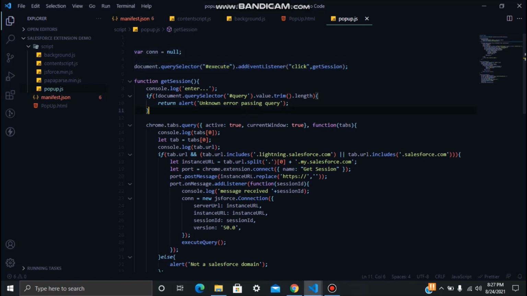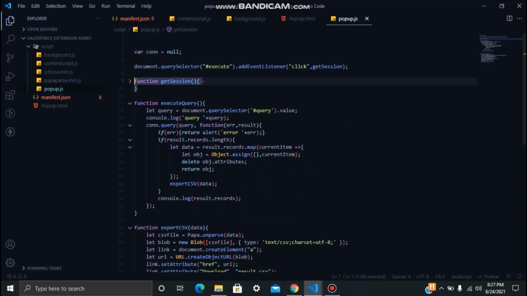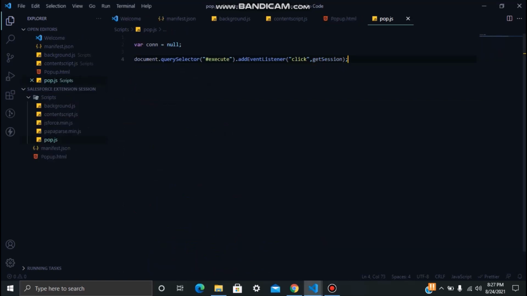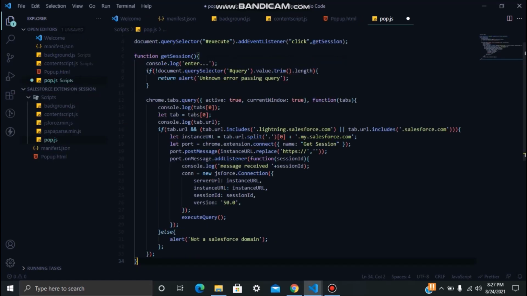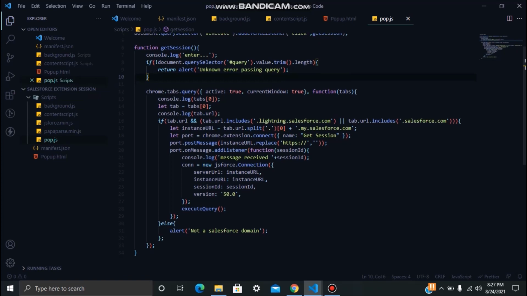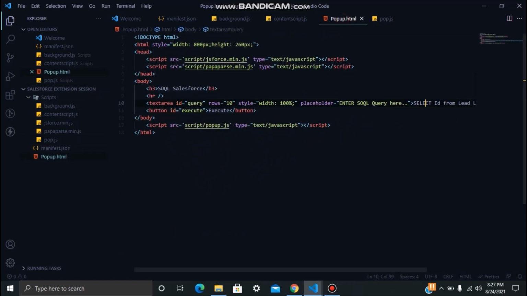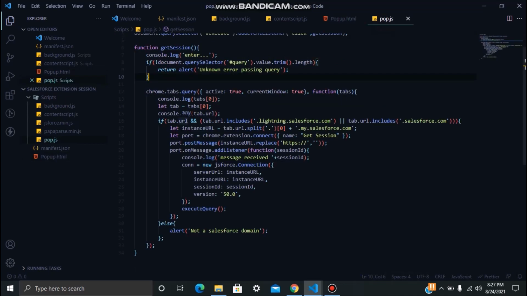Then we have to write one function which is going to get your session. It is a Chrome tab query. This is JSForce, which has different default functions.